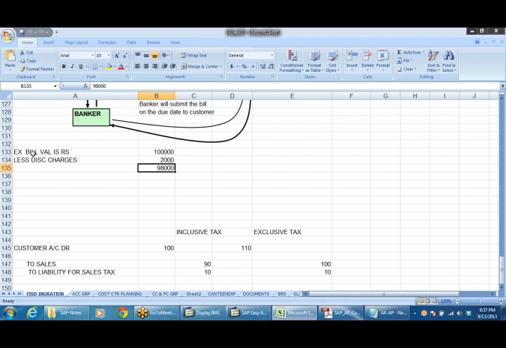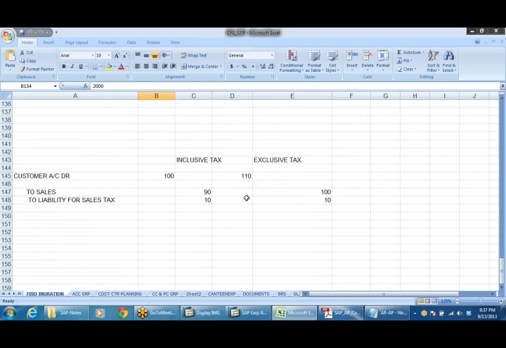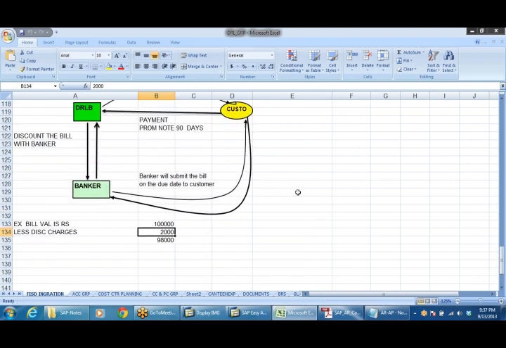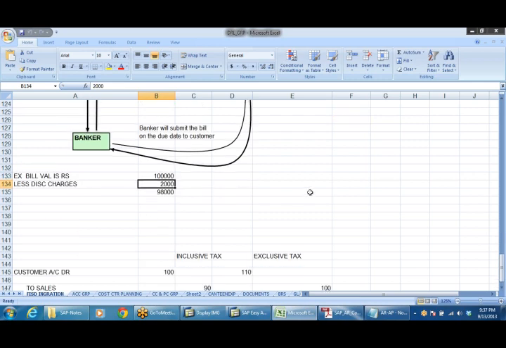Here, customer account will be credited with 1 lakh, bank account debtor 98,000, and 2,000 is discount on bills, the bill discount account, right? So here the accounting entry will be, since we are receiving cash,